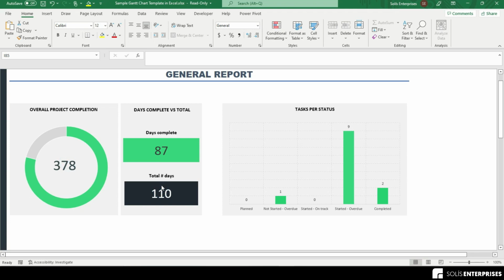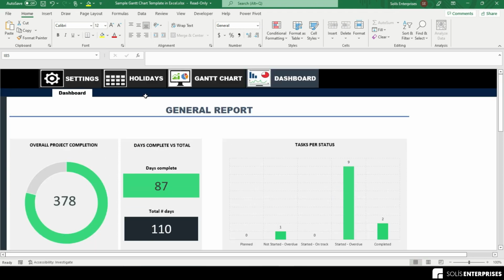Using this template in your project management process provides the following advantages: clarity, a simplified overview, performance data, improved time